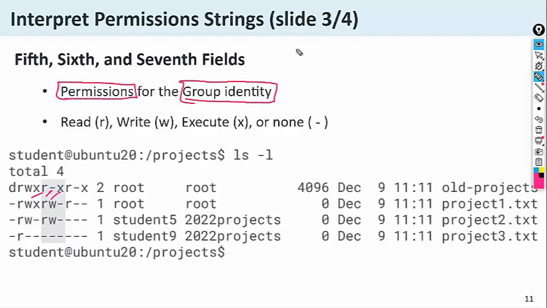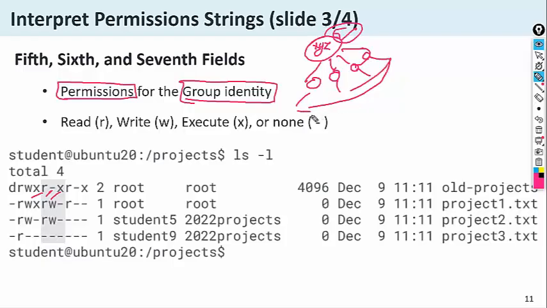So what is the meaning of the group identity? If your group is XYZ, members of the XYZ, and there are 3-4 users, so whatever permission is applied to this group will be applied to all the users. Okay. So again there are 3 permissions: read, write and execute, and hyphen is none. So the first field is for the owner, the second field for the group, and the third field for